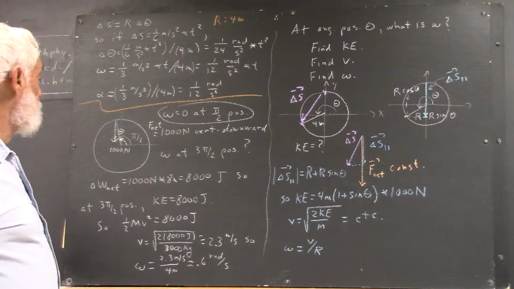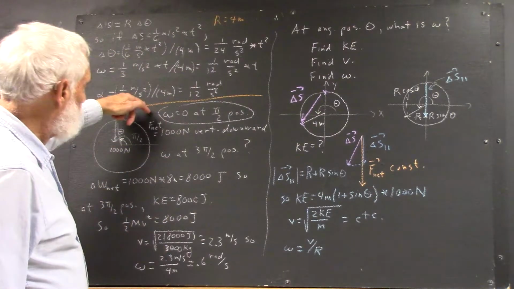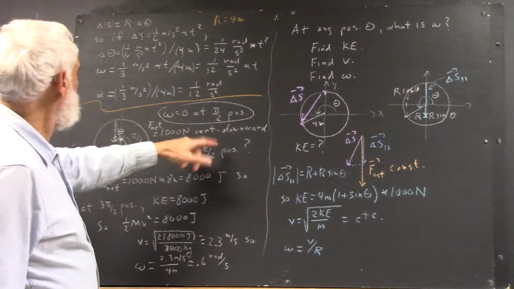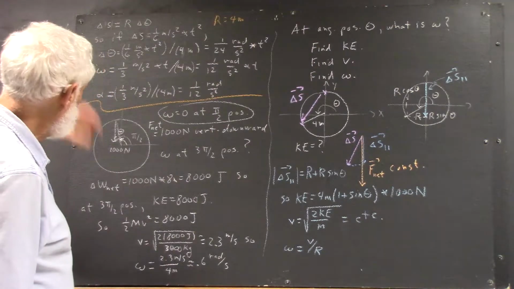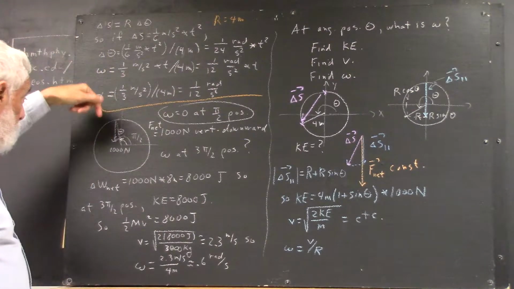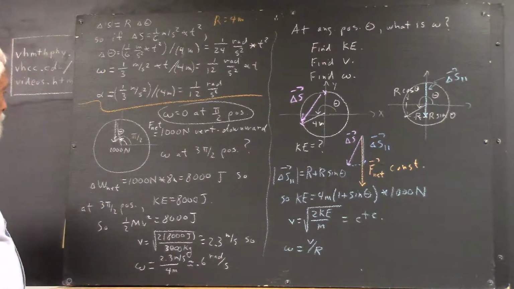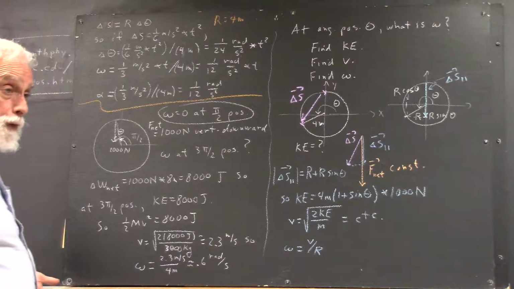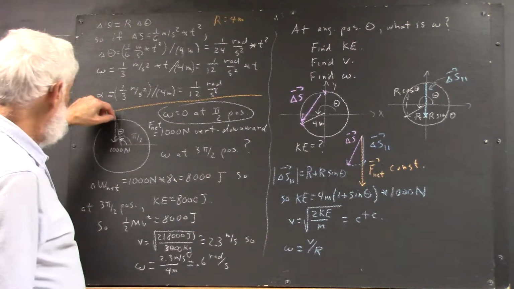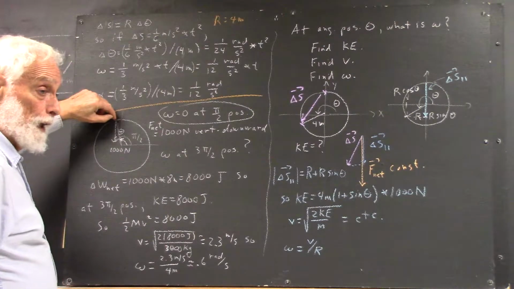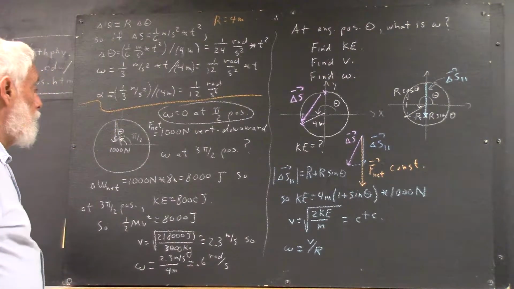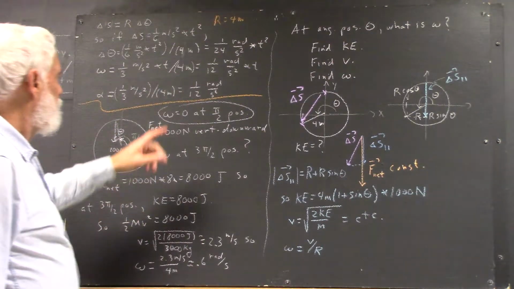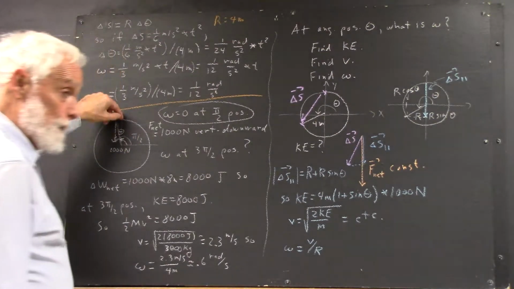So we assume a net force of 1,000 newtons. Unlike in the preceding example, this 1,000 Newton force is always vertically downward. That is, for example, the force that you would have if you put a 1,000 Newton weight and attached it to the wheel. Now we assume that we give it maybe just a little nudge up here,